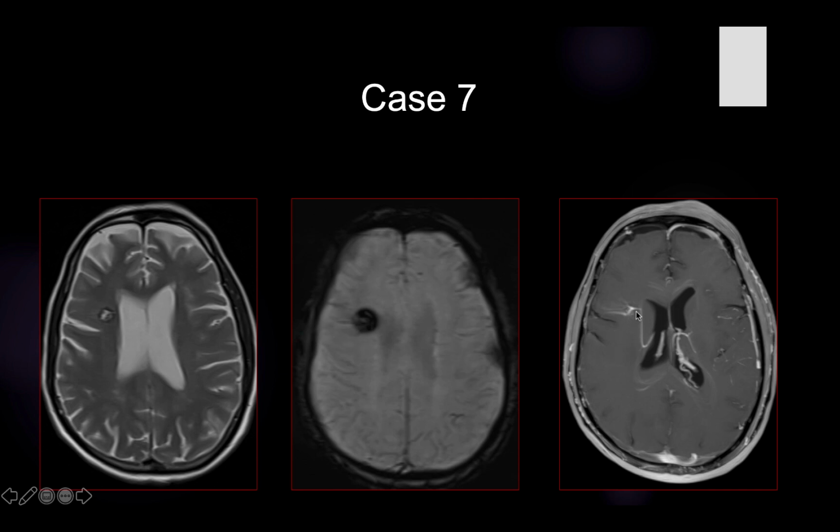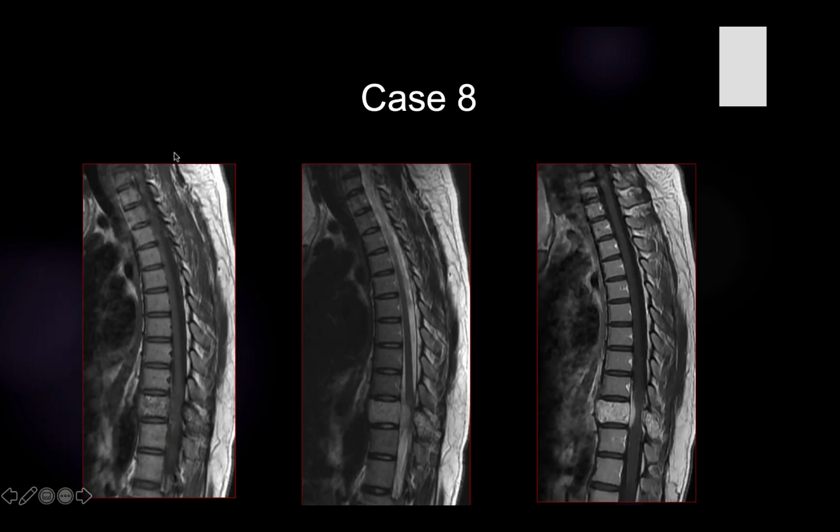Here the lesion, this is a cavernoma here, and this is the linear density or linear enhancement and brush-like appearance that is characteristic for the developmental venous anomaly. So this is a right frontal lobe cavernoma associated with a developmental venous anomaly, or called DVA as an abbreviation. Here in case number 8 we can see that there is